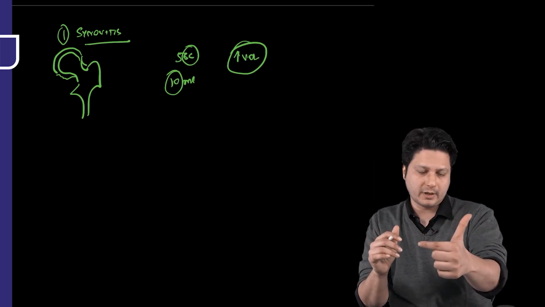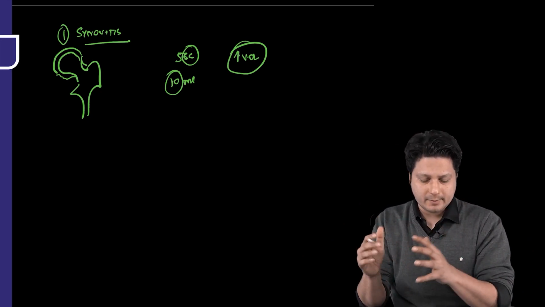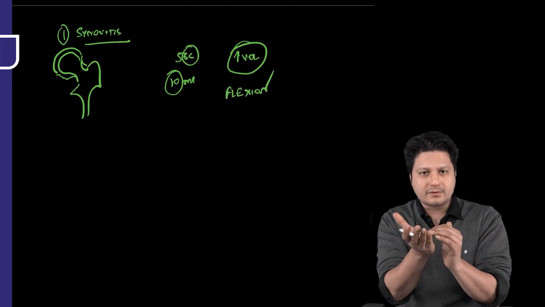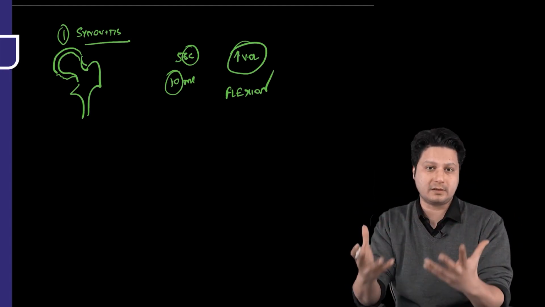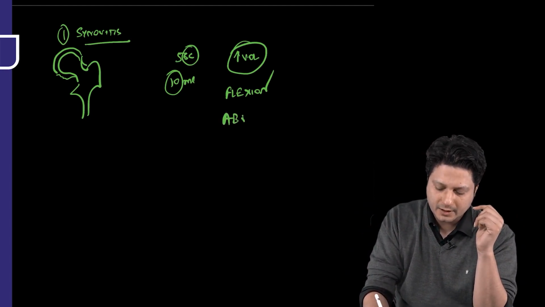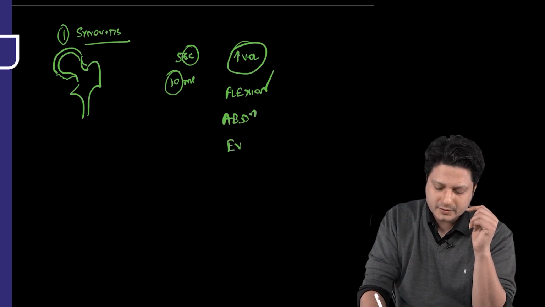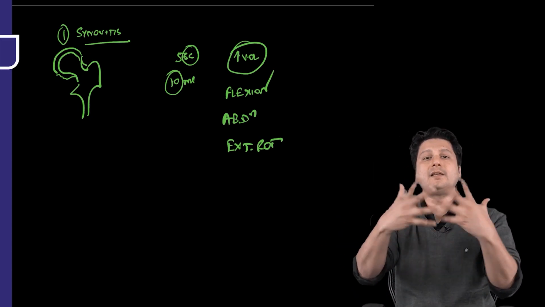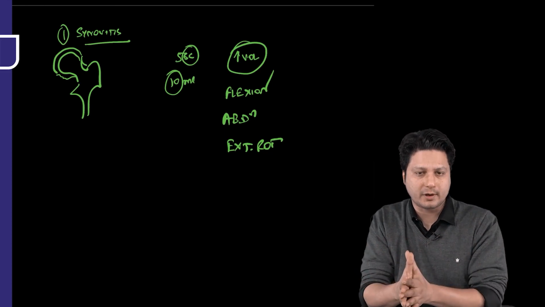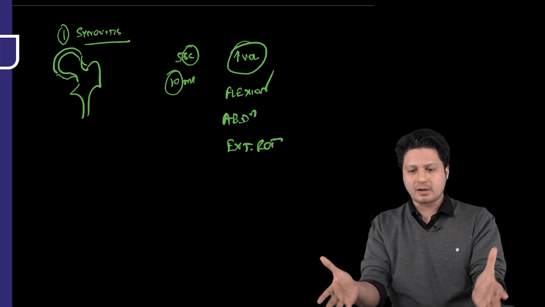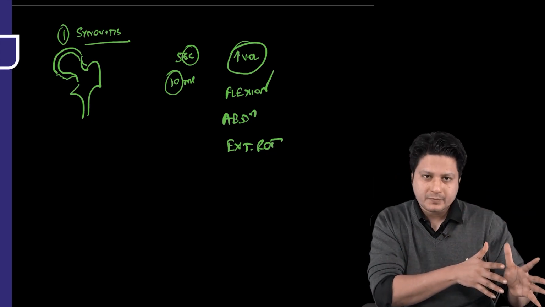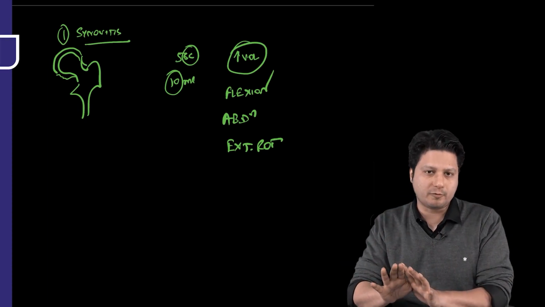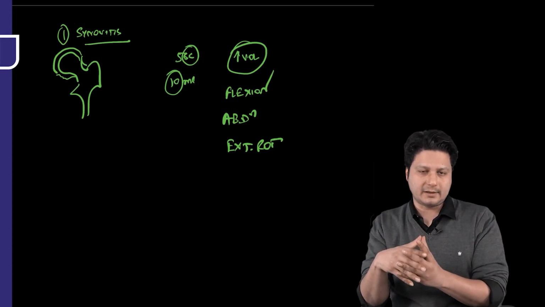So how do we increase the volume of the hip joint? The hip has to move into flexion, because flexion increases the carrying capacity and the space in the hip joint. Second, it has to move into abduction and external rotation. When the hip moves into flexion, abduction and external rotation, the volume and space of the hip joint increase, so the patient can accommodate excess fluid without too much pain. If this is the position in which the patient experiences less pain, the patient will acquire this attitude, and that is why